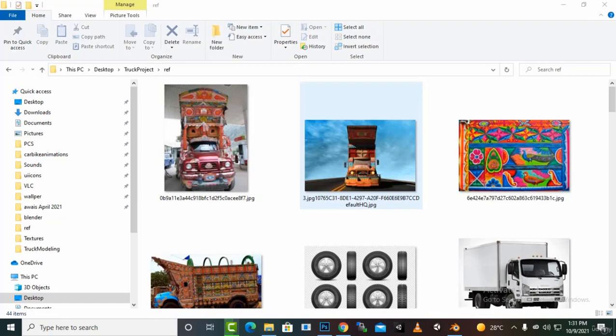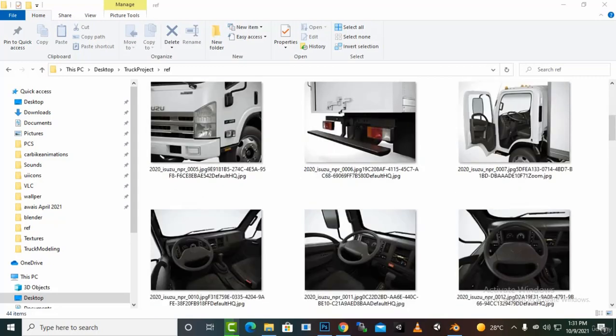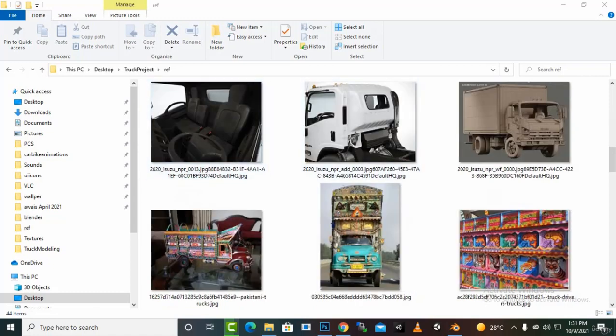Hello everybody, in this video we will create our tire. For the tire, we have this simple tire, you can see, this type of tire with the rim. And actually we can create a simple rim, and I will not go into detail here for the rim creation, so